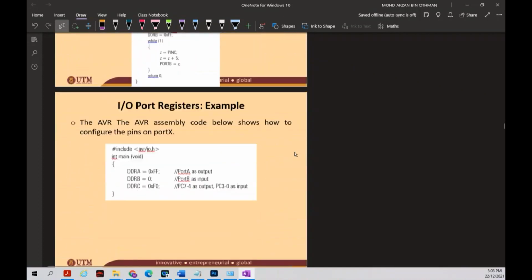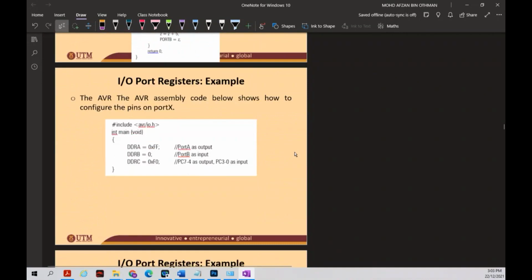So let's look at another example. The AVR assembly code below shows how to configure the pins of port A. If you look at this program, DDRA equal to 0xFF, what happens here? You make the whole port A an output port. And when you write DDRB equal to 0, it means you initialize the whole port B as an input port. And when you write DDRC equal to 0xF0, what happens here is